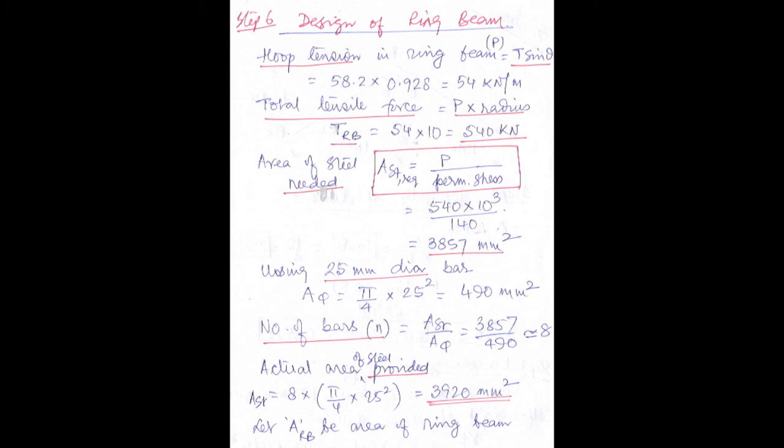And if you remember the values correctly, for example if we take an 8 millimeter diameter bar, the cross sectional area of one bar is 50 millimeter square. So if you remember the table that way, for example if you assume a 20 millimeter diameter bar, it comes out to be 314 millimeter square. Correct? So how many bars will be provided?